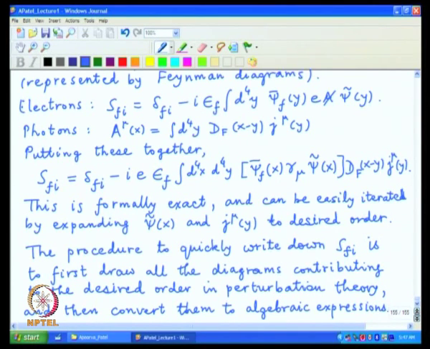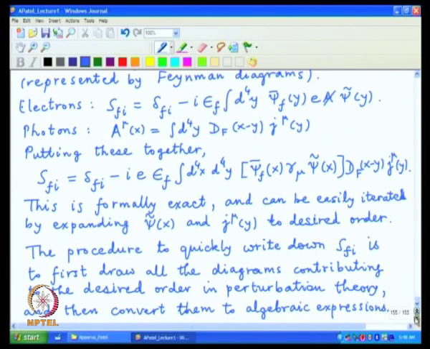And clearly in doing this perturbation theory, the parameter of which powers are counted is the charge E, and you want to calculate any object say to the first order in E or second order in E or third order in E, it can be easily done by just expanding psi tilde and J mu iteratively one step after the other and constructing all possible descriptions of the processes.